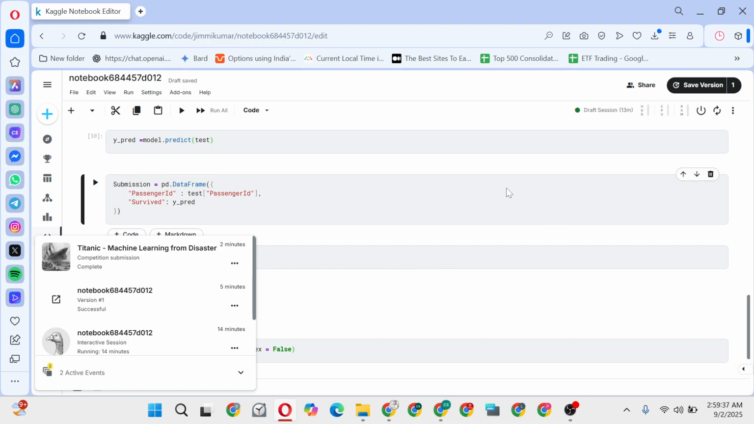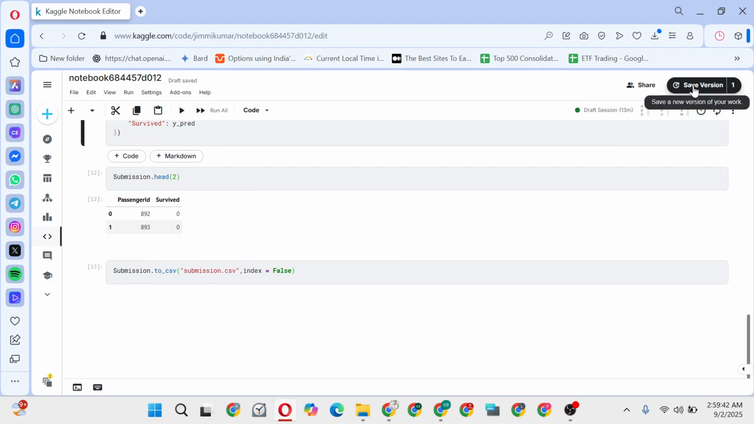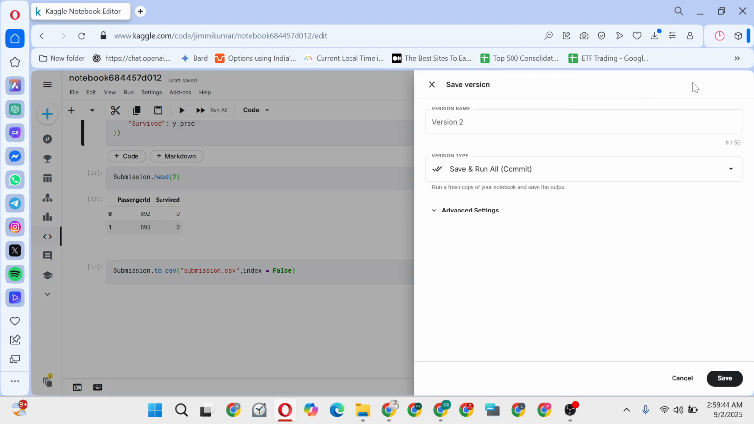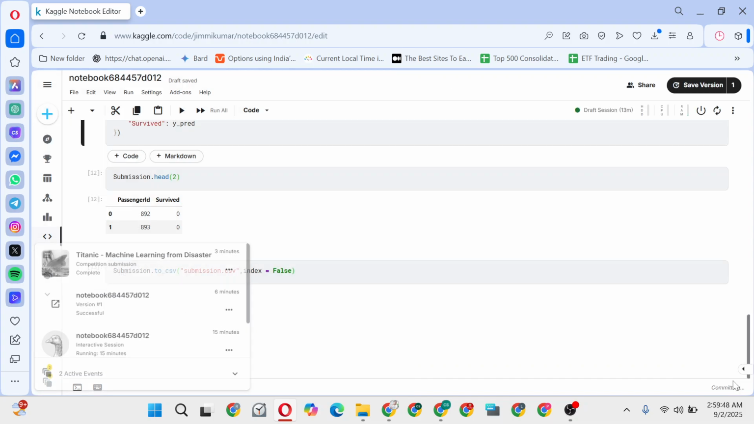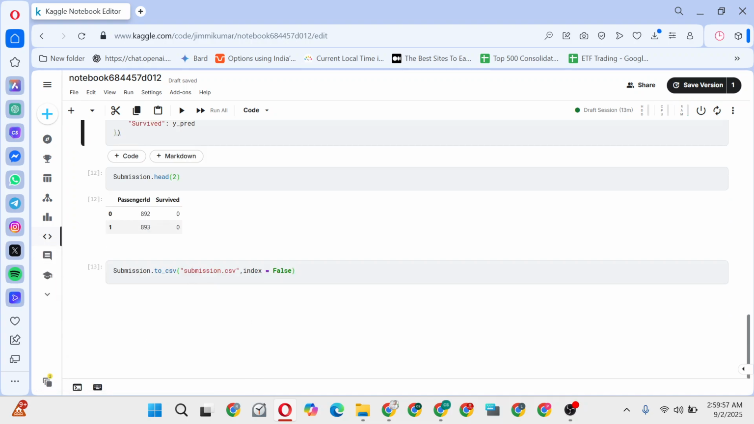So most probably we would have got some score on Kaggle. How can we see that? I have already saved it maybe. Actually I have already submitted it, so maybe because of that I am seeing this. So you can do two things here. First of all, you can take this CSV file and use it for the